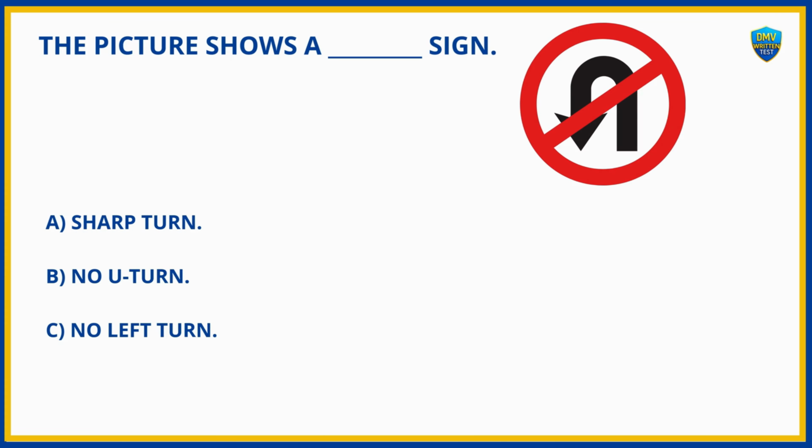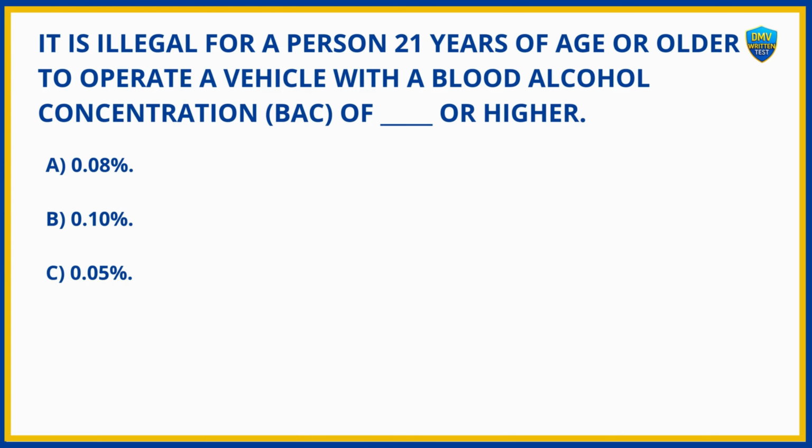A. Sharp turn. B. No U-turn. C. No left turn. And the answer is B. No U-turn. It is illegal for a person 21 years of age or older to operate a vehicle with a blood alcohol concentration of ___ or higher. A. 0.08%. B. 0.1%. C. 0.05%. And the answer is